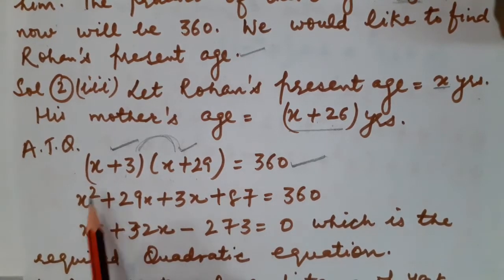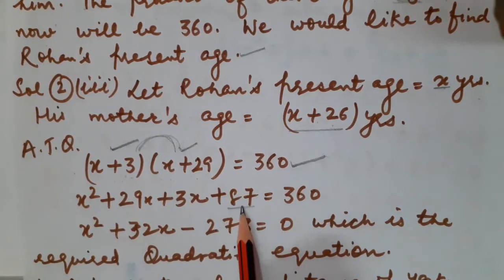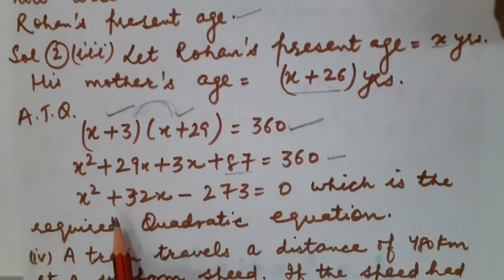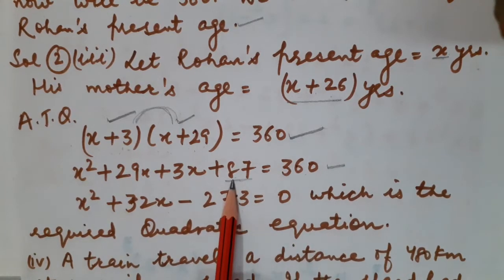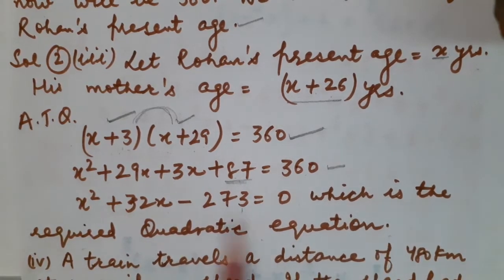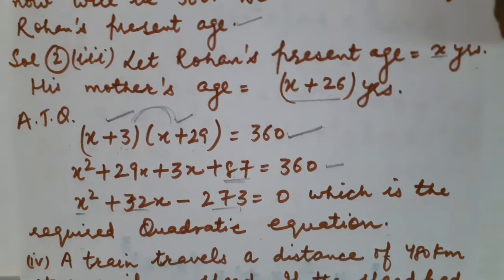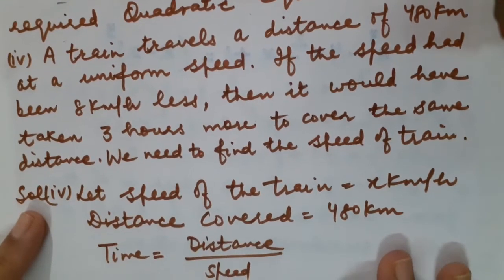Now we are just simplifying them, and we have to check whether it is forming a quadratic equation or not. X into x will become x square plus 29x plus 3x plus 29 into 3 will become 87 is equal to 360. So after simplifying, I have got x square plus 32x. Then 360 would come on the left hand side. After subtracting 87 from it, you will get 273 is equal to 0, which is the required quadratic equation. How do I come to know that this is a quadratic equation? Because we can compare it with its generalized form. Correct, children? Okay. Now switching to next question, that is fourth part.